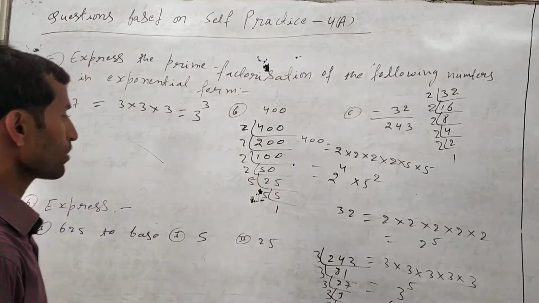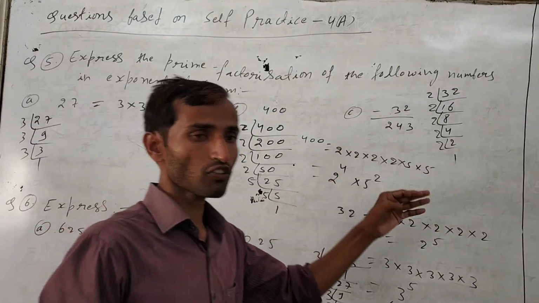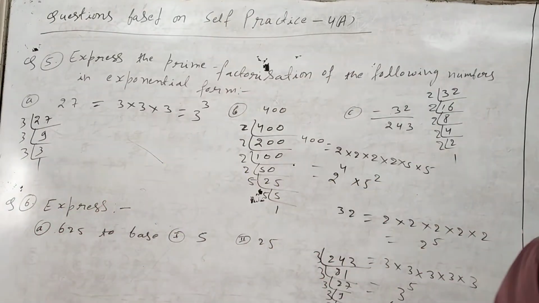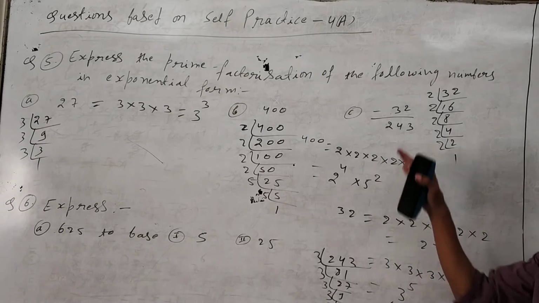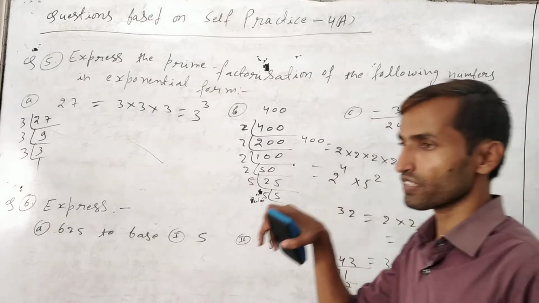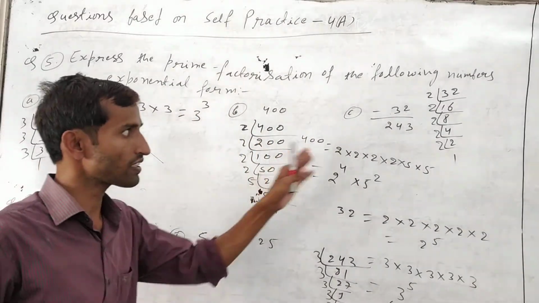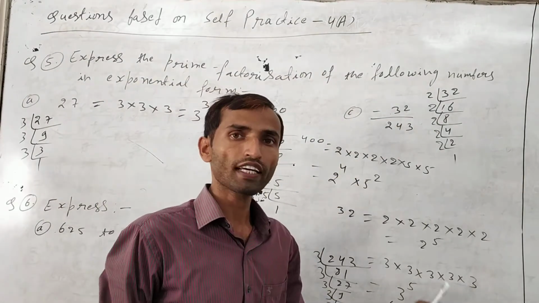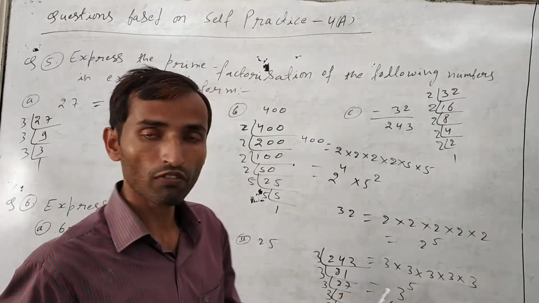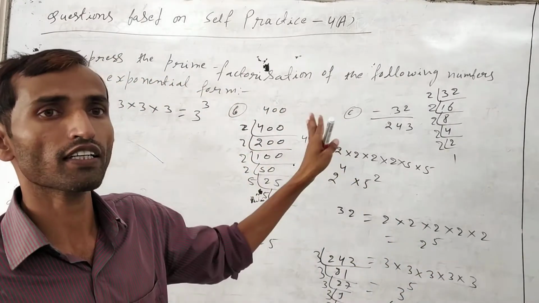Next one. You have to follow this type of process. First of all, factorize. If a fraction is given, we have to convert that fraction into exponent form. First factorize numerator and denominator separately, then put the power. And if minus is there, be careful. If the power is odd, then you can put the minus inside the power, and if the power is even, then you leave the minus outside as it is.